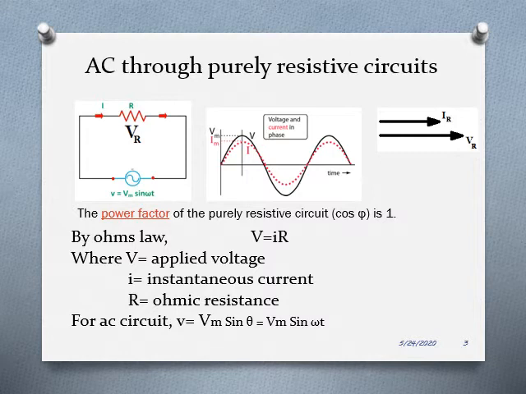Now we have considered a circuit that is containing a pure ohmic resistor. Ohmic resistor meaning there is no inductive behavior or nature. So the potential difference or the ohmic drop between any 2 points will be given by the basic Ohm's law, V is equal to IR, where V is the applied voltage to overcome this ohmic voltage drop, R is the ohmic resistance, and I is the instantaneous current.